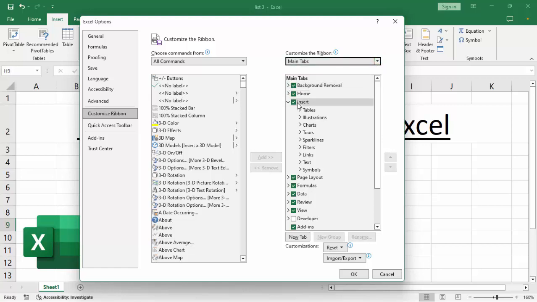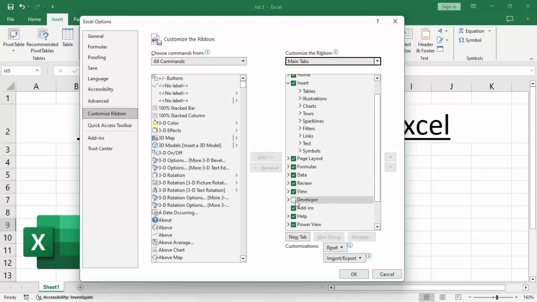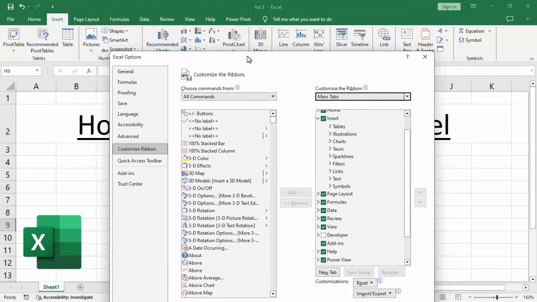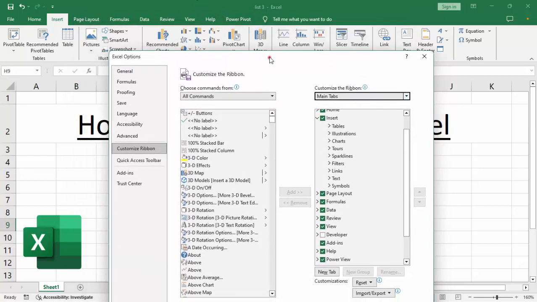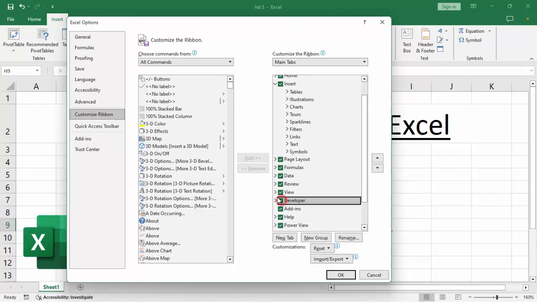Background Removal, Home, Insert, Table, Illustration, etc. Then I adjust this. I adjust this button, Developer. Then okay, and